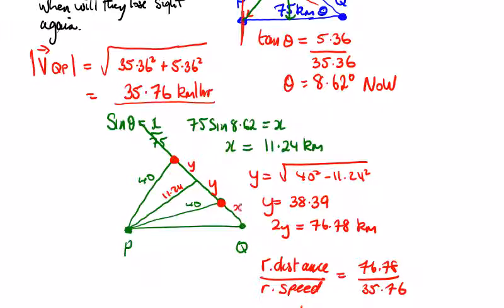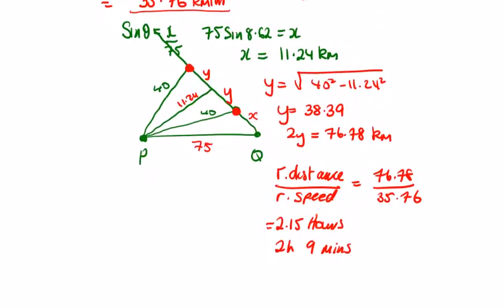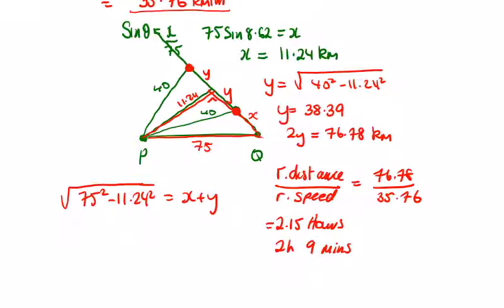So I need this distance here. Now we have a 75. We have y, so I just missed an x here. So let me just, in this triangle, calculate what y plus x is. So I'll just do it on its own first. So we have the right angle in here. So 75 is the diagonal. So the square root of 75 squared minus 11.24 squared is equal to x plus y. Now we have y is 38.39. So the square root of 75 squared minus 11.24 squared, and that's going to give me